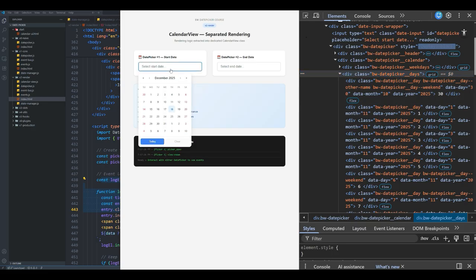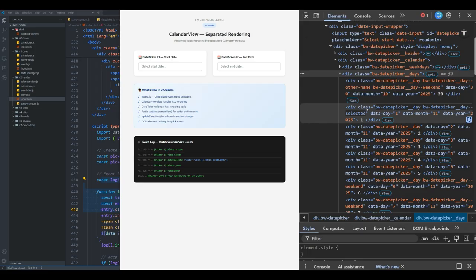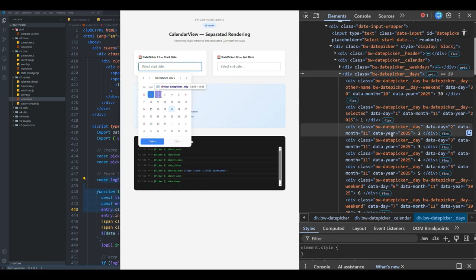if I open the date picker, you see here this one, this is your day 1, right? And if I click here, you will not notice any other div blinking. Only one date will be changed. See, notice here, you will see it blink, this will not. If I click here, you see only this was changed. Now if I open it again and if I check here, you will see,